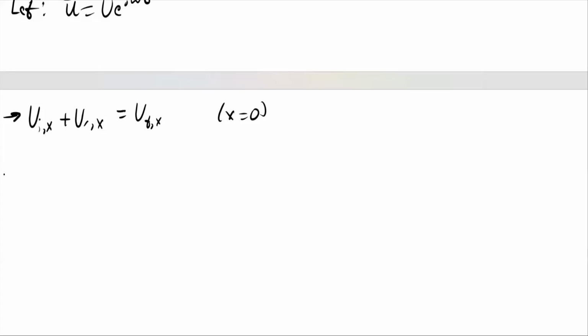Now we recall the linearized momentum equation, in this case in 1D, which is given by this expression. And I'm relating here just the complex amplitudes. Thus, at x equals 0, if we make this substitution, we obtain